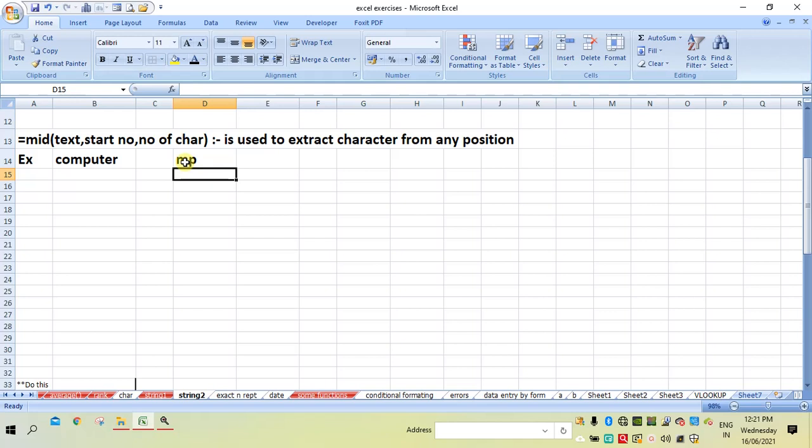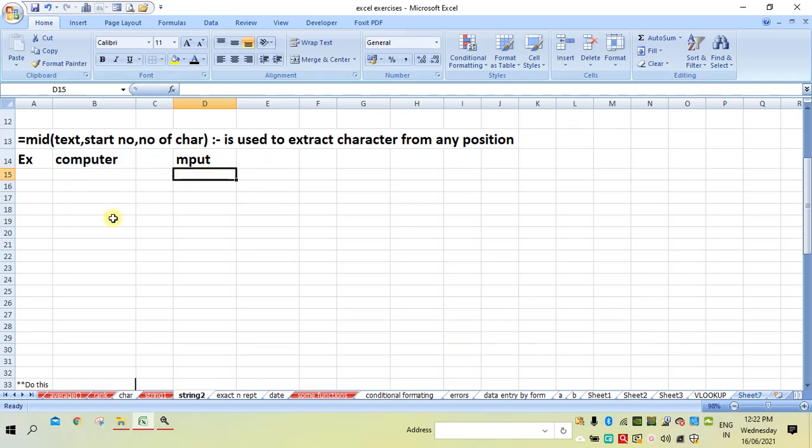So M is the start number, and from that number, how many characters? That is 2 characters, so I specified 2. Suppose you want 4 letters, then from M you will get 4 letters, that is MPUT.